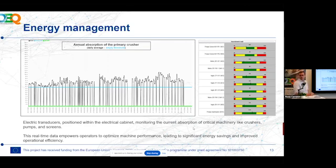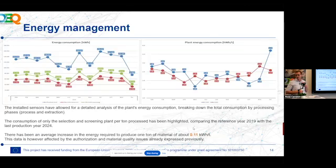Also energy management, of course. You see here some data from absorption of the primary crusher, very, very useful for the management, for real-time operation. And also here you see some data from plant energy consumption in kilowatt hours per ton. Also in this case, the same curve, red